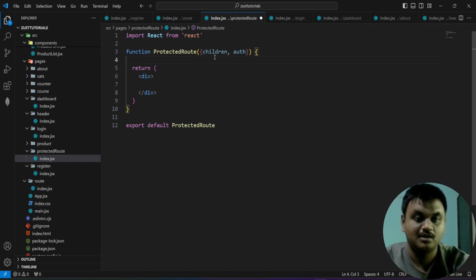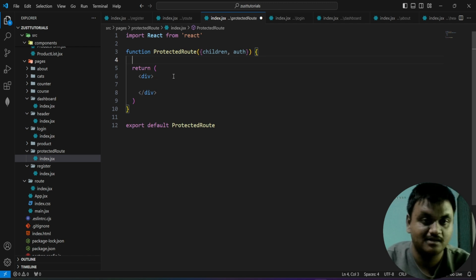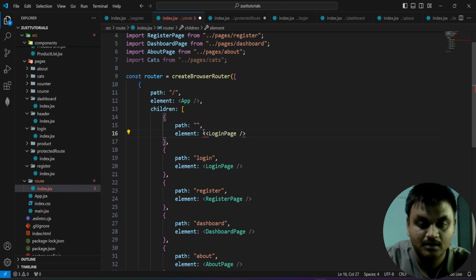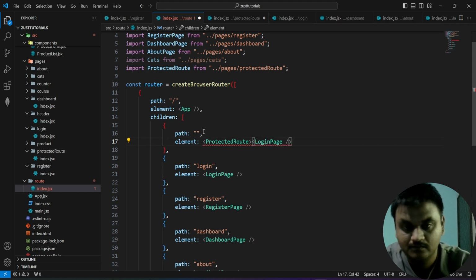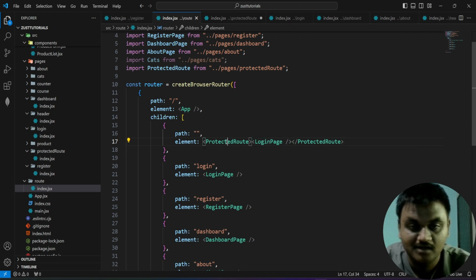Children, you know that children, like when we use the context API, we have seen how children are passed. Children is like, if you make this component ProtectedRoute, if you do like this, there is a starting tag and an ending tag. Inside these two tags, the elements or tags present between them are considered